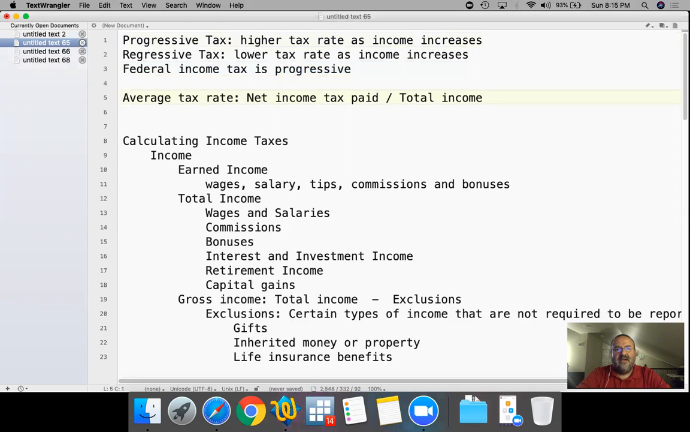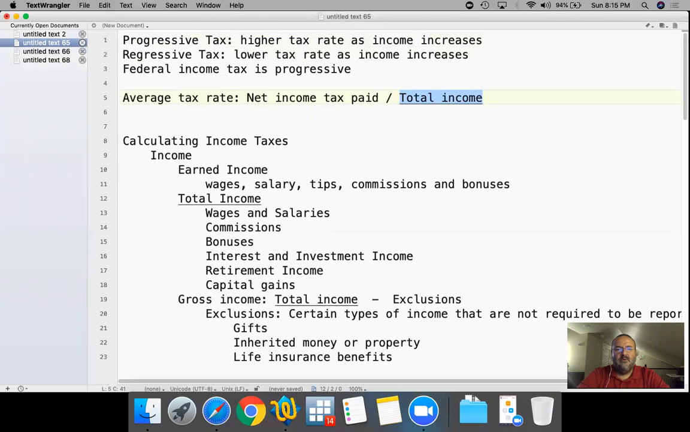There's a concept called average tax rate, and we're going to go through that in a minute, because we have so many exemptions and so many deductions. Just because you make X amount of dollars that falls into 25% does not mean that you actually end up paying 25%. Average tax rate refers to the net income tax that you actually paid divided by your total income. So again, depending on your situation, you will definitely have deductions and exemptions,